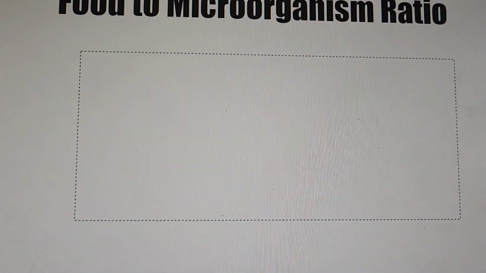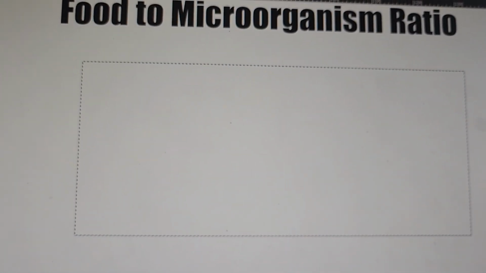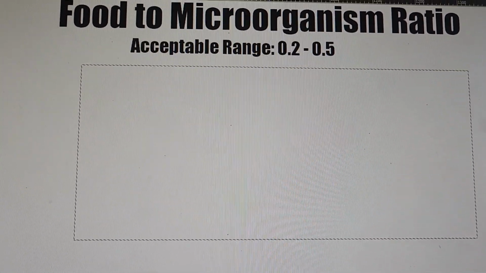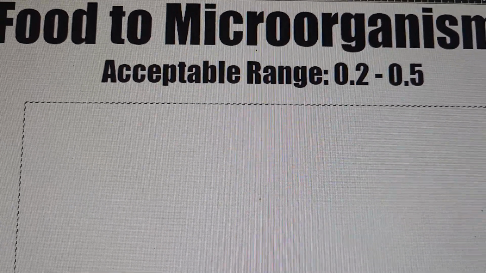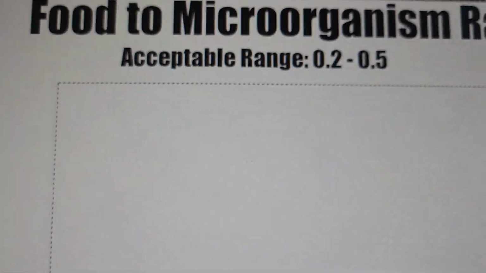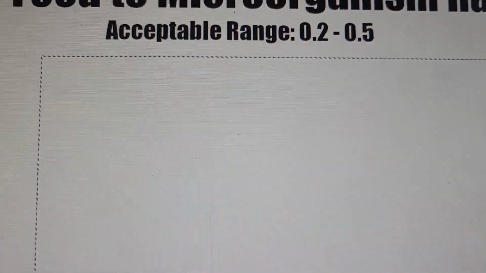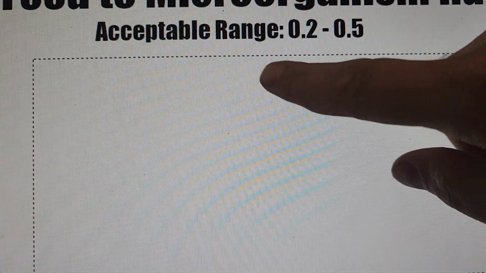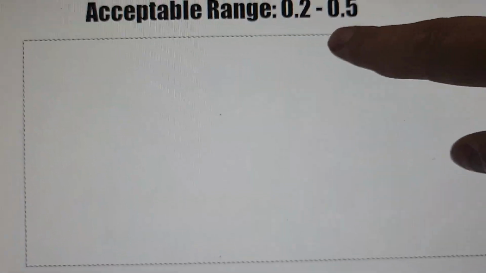So I'm going to flip right around to this, and I got food to microorganism ratio here. Grab my mouse. As you can see, I use freeware photo editing software to do this kind of thing. Your acceptable range of your food to microorganism ratio is 0.2 to 0.5. That's just something you've got to memorize. I don't have any way for you to memorize that. That's just facts. And it's a ratio. There's no units on the end here. Your food to microorganism ratio will just be listed as 0.2, 0.5, 0.3, 0.4,